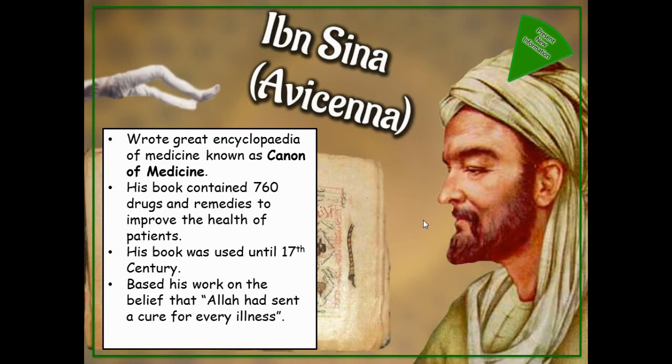This book was really, really important in the Middle East, in modern day Iraq, but also managed to reach Europe as a result of the Crusades. So in the 12th century and the 11th century, lots of soldiers from Britain and England went to the Middle East to fight against Muslims in religious wars. And as they did that, they brought the ideas of Ibn Sina back in terms of treatment. And this meant that his book was used in European universities until about the 17th century. There's still some remedies that are relevant today.